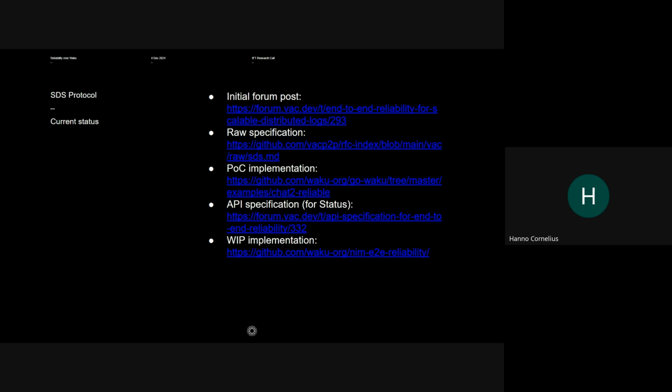There is a forum post that proposes an API specification, so thanks to Akil for doing that. That conversation is ongoing, but will eventually lead to a separate specification document. However, we have begun implementing this very API library that you can find in the end-to-end reliability repo under Waku.org, and also see the work in progress as we add more and more functionality there.